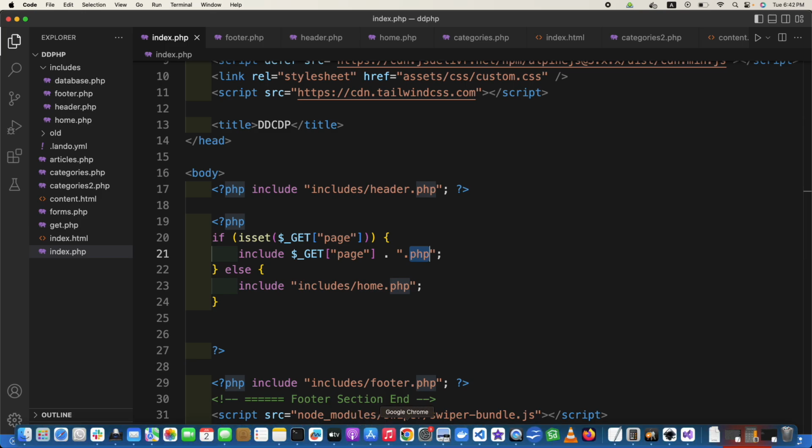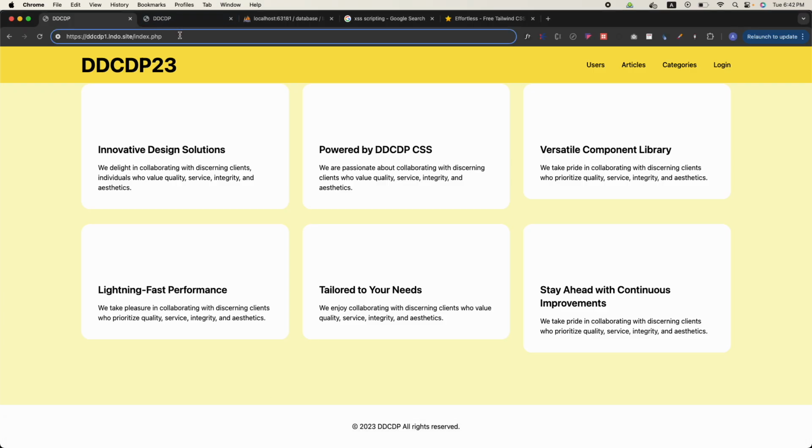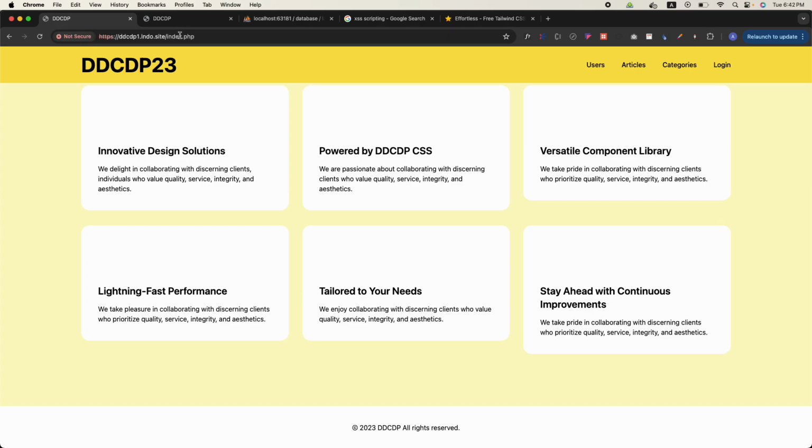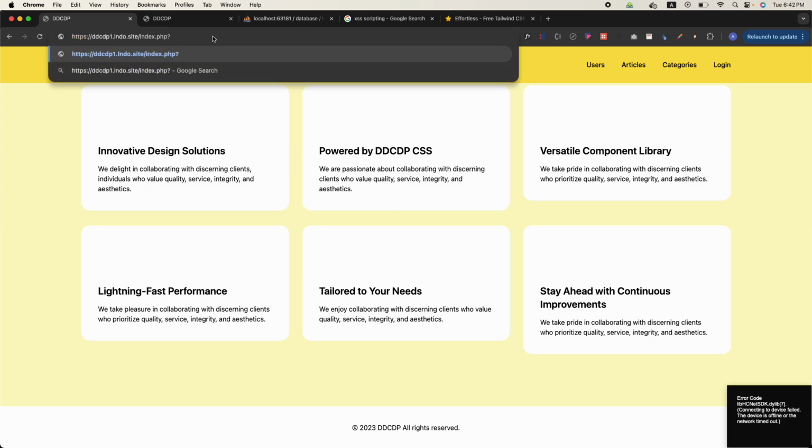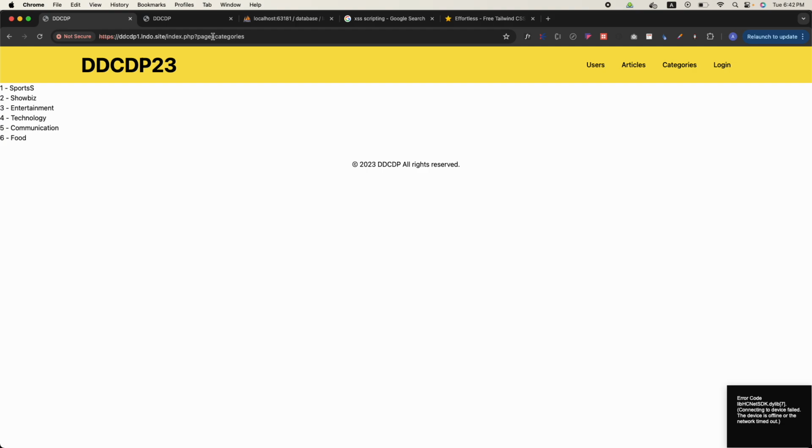So let us just check this logic now. For example, index.php is accessed, it is doing the same thing because it is home, and the categories, the page parameter is not included. Yes, sir. But if I make question mark page is equal to categories, what are you expecting? Categories page. Categories page. So yes, sir, in the same